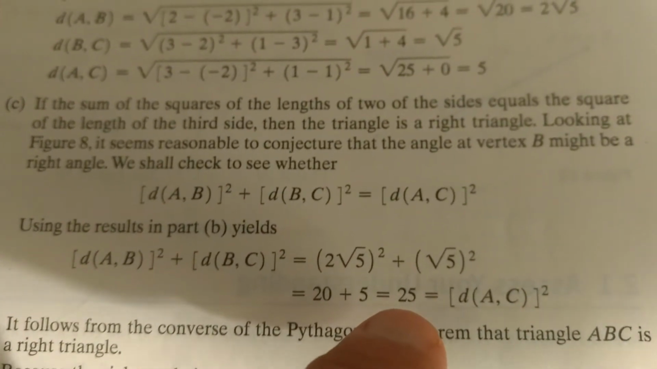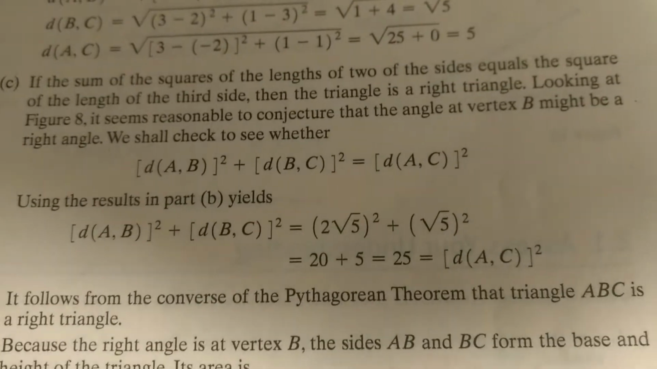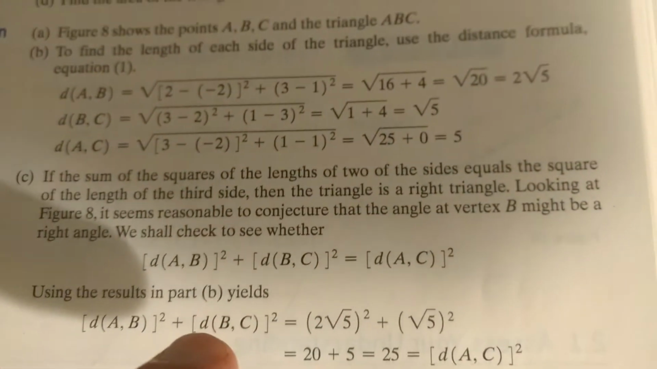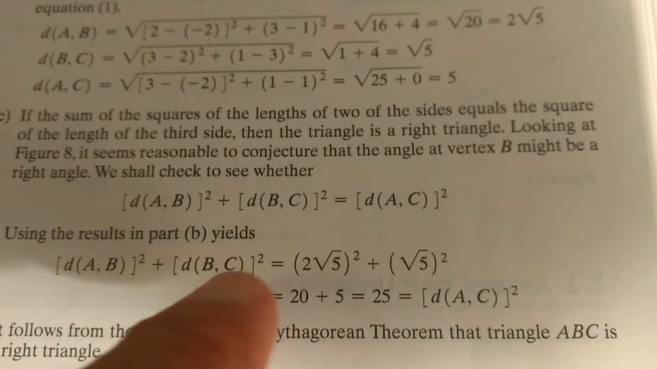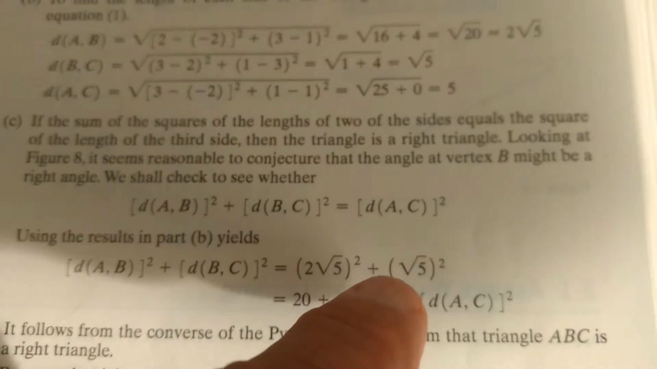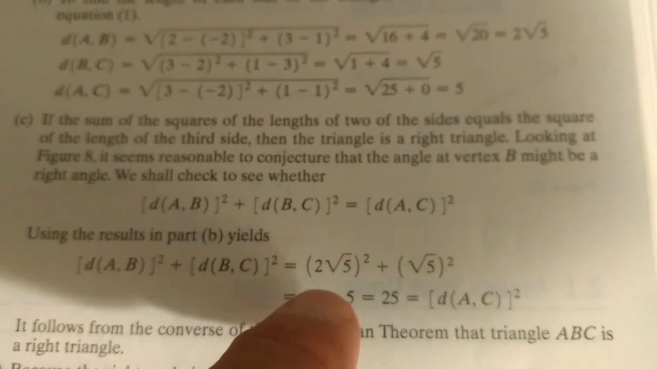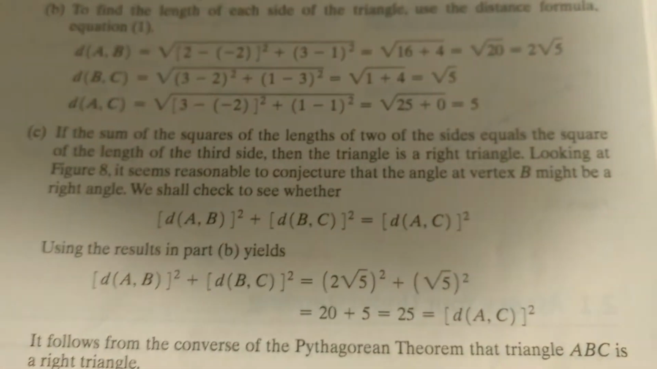And we get the square root of 25. And then we're going to put for AB 2 square root of 5, which is right here. And then we're going to put for BC square root of 5. So remember, when you go 2 square root of 5 times 2 square root of 5,